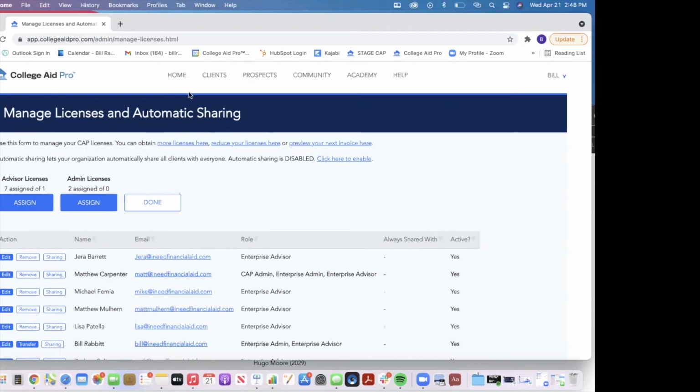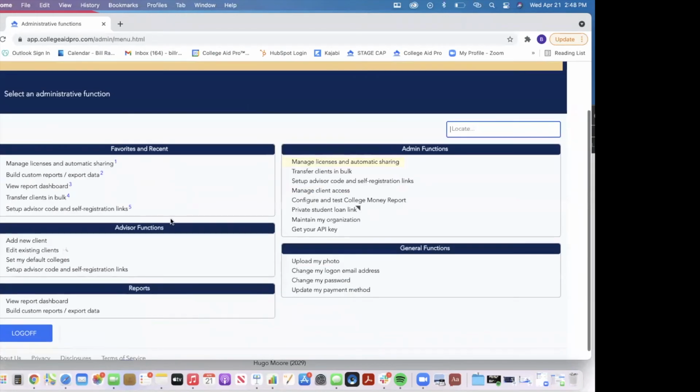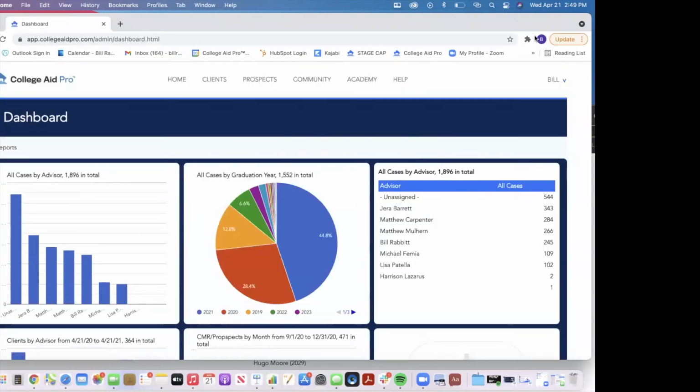So we have the ability to share cases. And then what I think is the most powerful here with this teams concept, or small office or enterprise, is the ability to start really looking at the data, right? So what we can do is we have different levels of how granular we want to get in terms of the data that we're capturing here, whether it's through the college money report, right, through our prospects, or